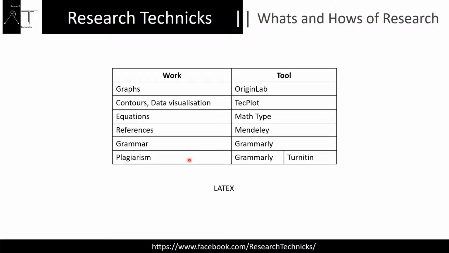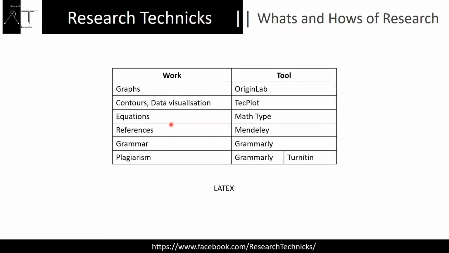You cannot check plagiarism in your Word or LaTeX. If you are typing in any software, these will be required one way or another. But if you are using LaTeX, you will automatically know how these can be done.